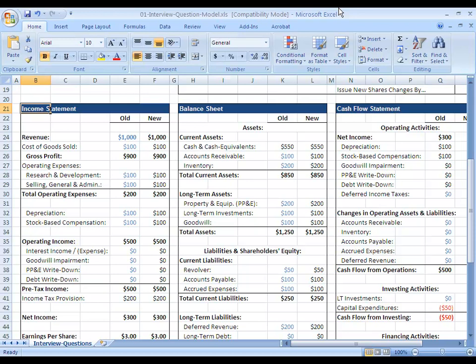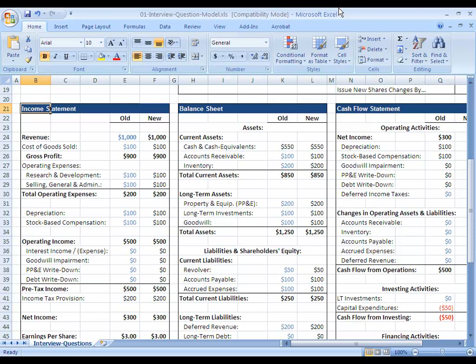In most cases, though, I would say that it's better to just give a few sentences of an overview rather than going on for a minute or 2 minutes or anything long like that, because generally, if you go on for longer than 30 or 40 seconds, most interviewers are going to cut you off unless it's a really complex question. So keep that in mind that brevity is usually a better idea versus trying to go into detail on every single possible item on the three financial statements here.